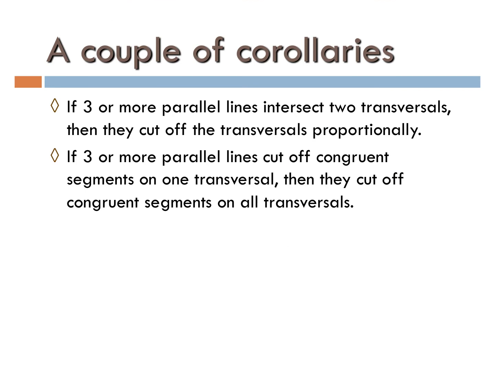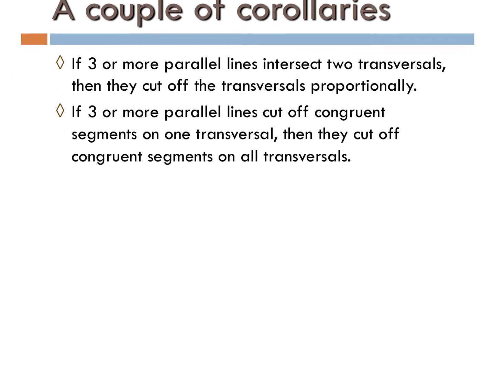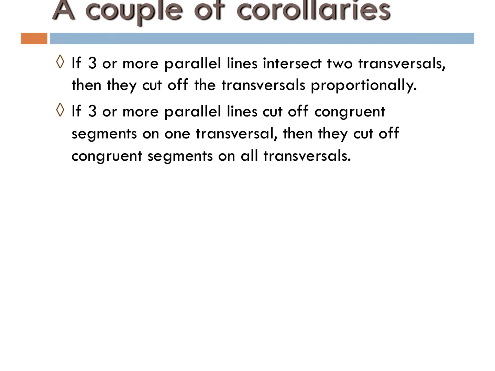Couple of corollaries here. If 3 or more parallel lines intersect two transversals, then they cut off the transversals proportionally. And if 3 or more parallel lines cut off congruent segments on one transversal, then they cut off congruent segments on all transversals. So basically what this is saying is if I have 3 or more parallel lines,